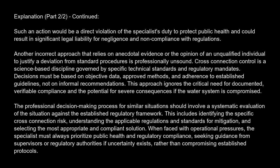Another incorrect approach that relies on anecdotal evidence or the opinion of an unqualified individual to justify a deviation from standard procedures is professionally unsound. Cross-connection control is a science-based discipline governed by specific technical standards and regulatory mandates. Decisions must be based on objective data, approved methods, and adherence to established guidelines, not on informal recommendations. This approach ignores the critical need for documented, verifiable compliance and the potential for severe consequences if the water system